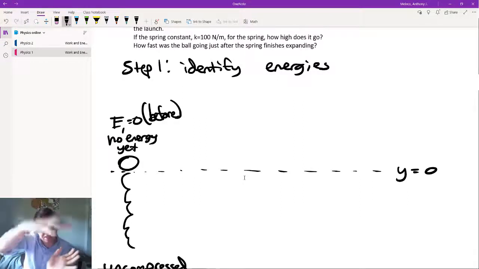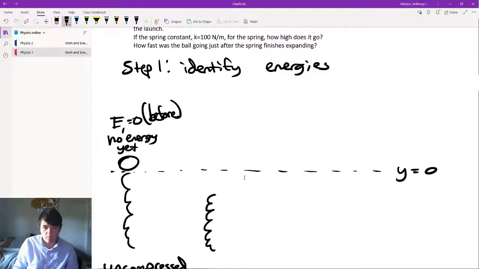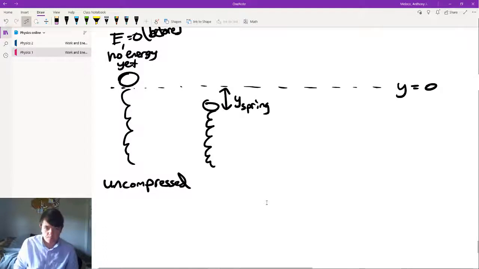Next, you're going to push into the spring. Okay? And so now we have some displacement here because you push the spring down. And we'll call this distance y spring. So E2, you will have spring potential energy because the spring, but you will also have negative